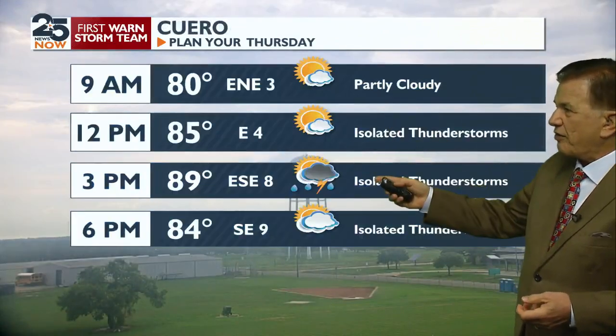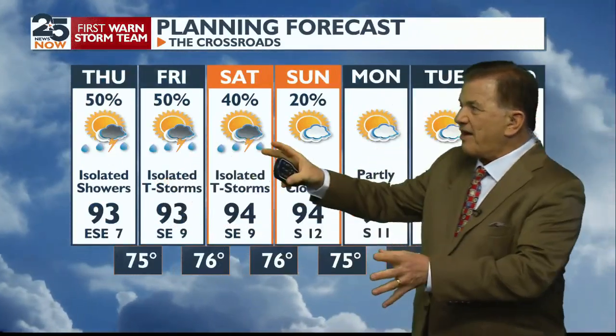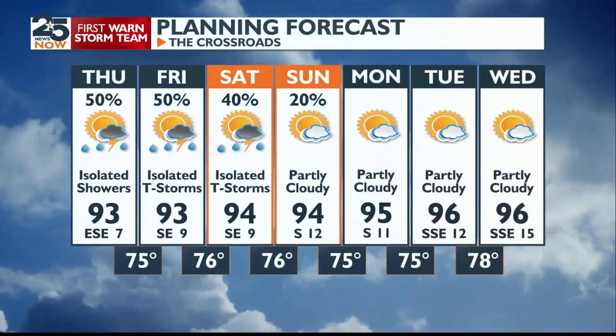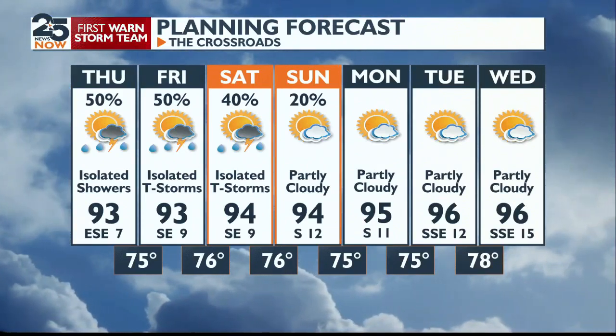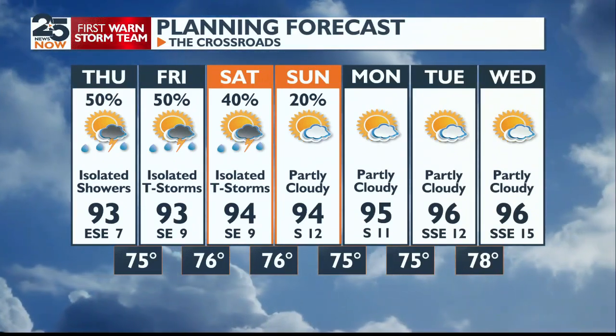We're looking at Cuero at about 89 degrees. That's not bad considering this time of year. The shower activity will be in the afternoon generally for Thursday and Friday. Then Saturday we begin to dry up, and then next week, whoa, we're looking for a heating trend. As a matter of fact, while we are looking at the mid to upper 90s, many areas inland will be looking at their first 100s, but remember, it is after the 4th of July, so that